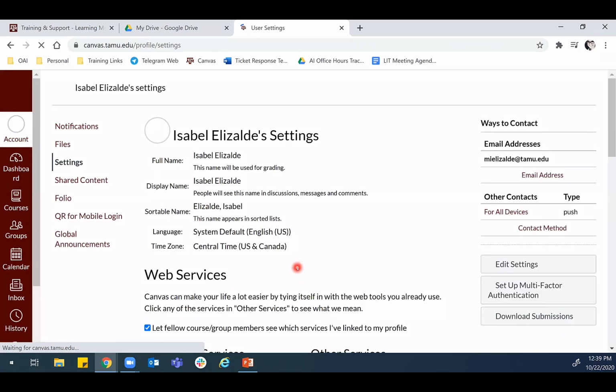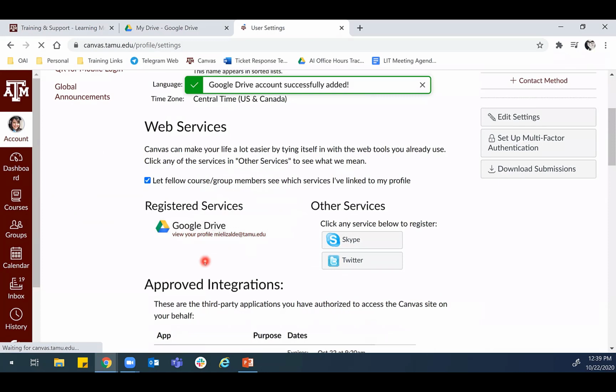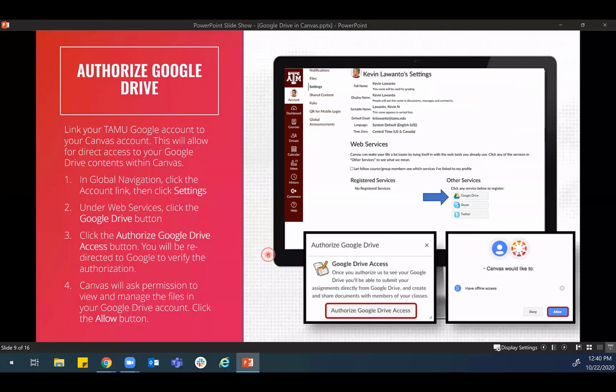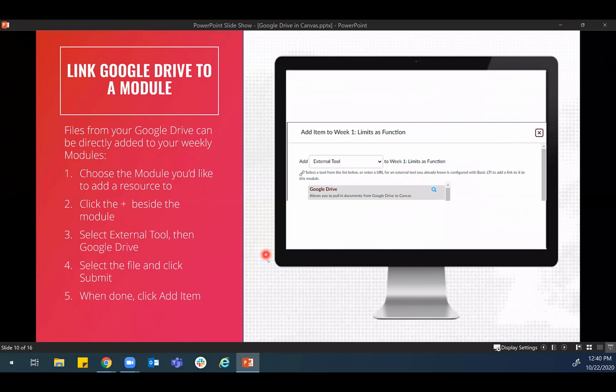And there you go. If I scroll down, I have authorized my Google Drive in Canvas. So that's going to be step one if you haven't done so already. Now what we're going to do, let's go back to our PowerPoint, is we're going to start inputting Google Drive